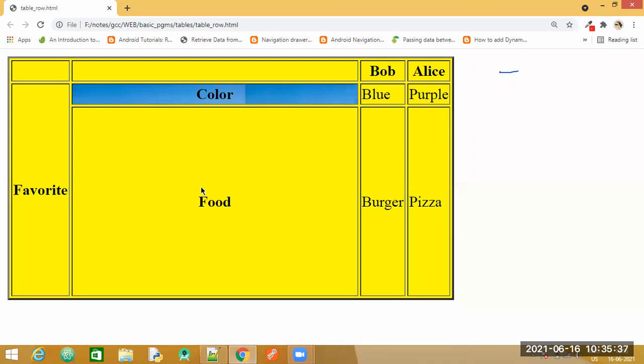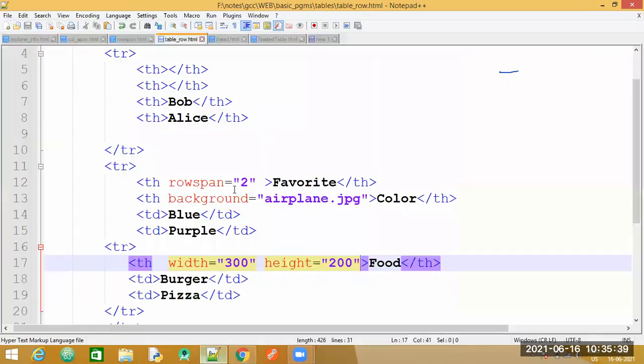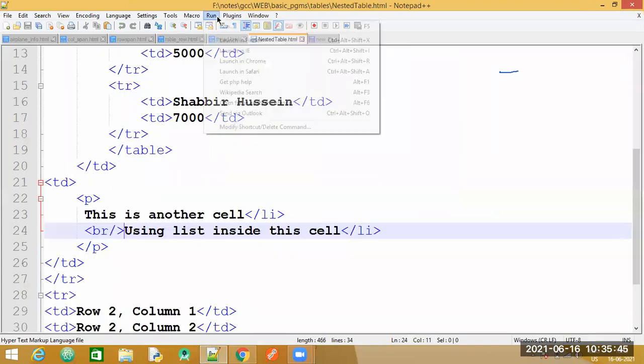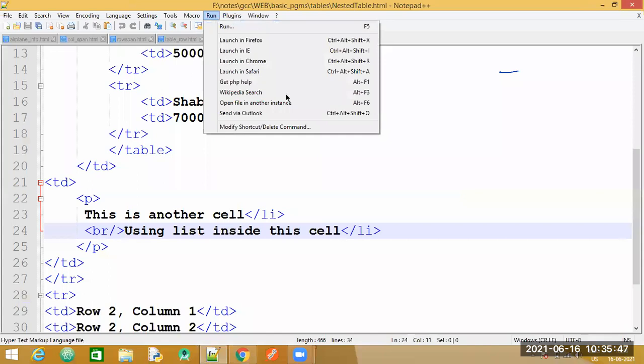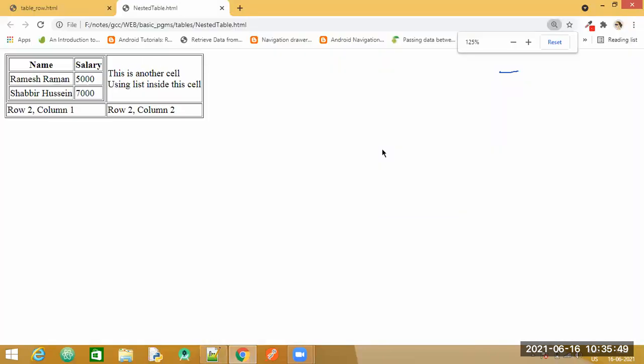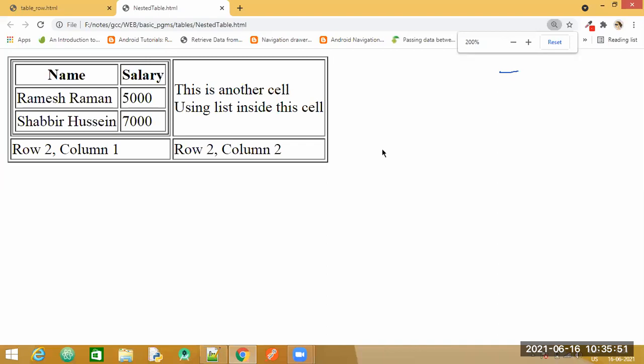I will give you the list so you can experiment with applying these different properties. Now I will give you an assignment. I want you to try doing it. Okay. Have a look at this output now. You take the screenshot of this. Take the screenshot of this. You try to do it.